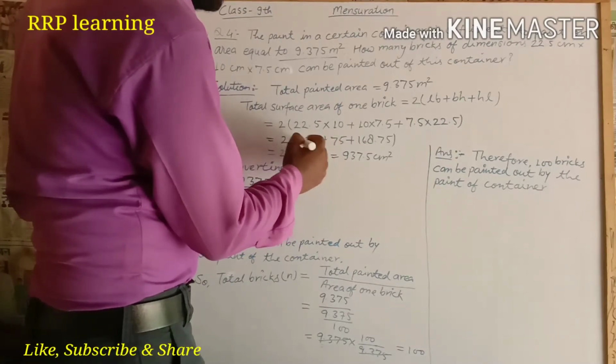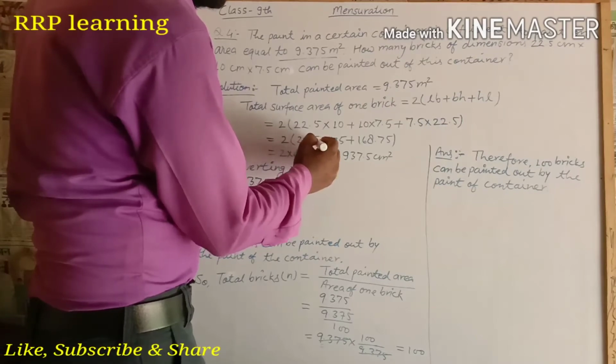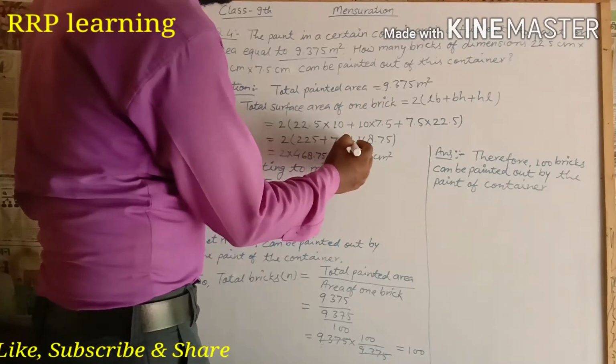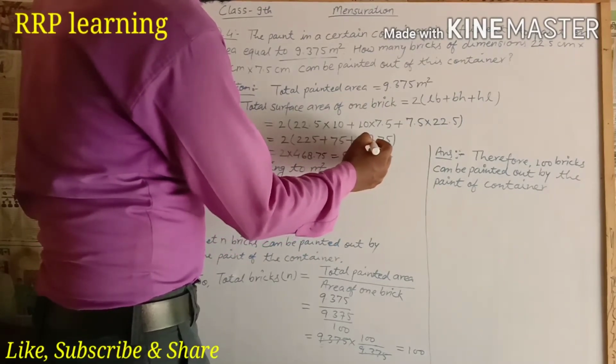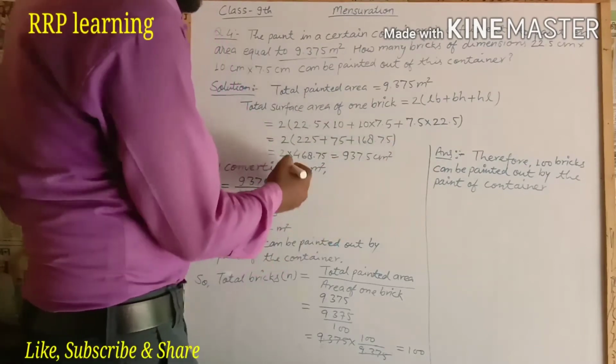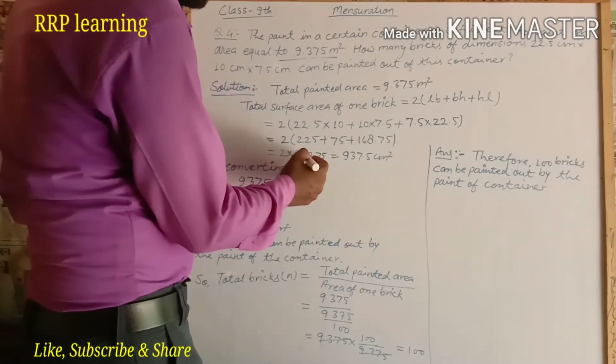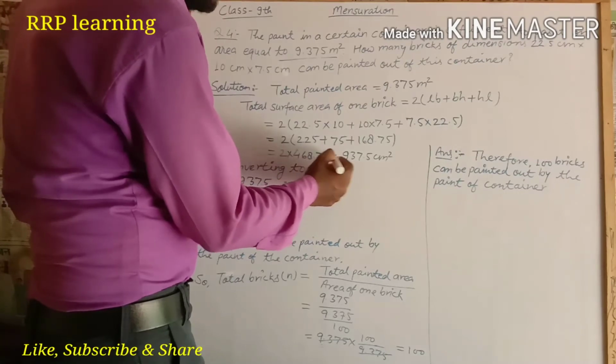It is the sum of 225 plus 75 plus 168.75, which is 468.75. So 2 into 468.75 equals